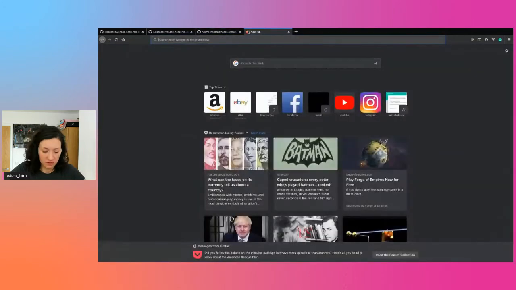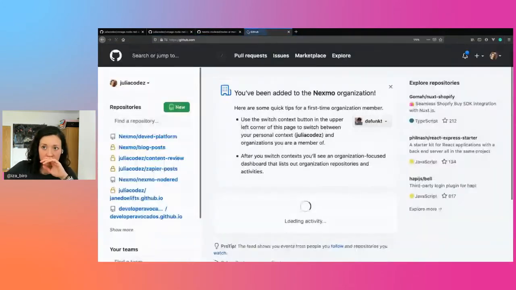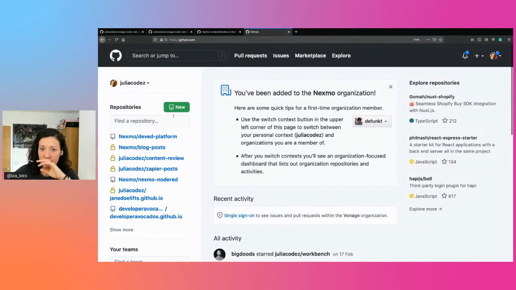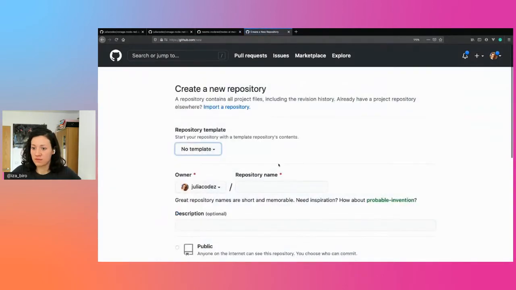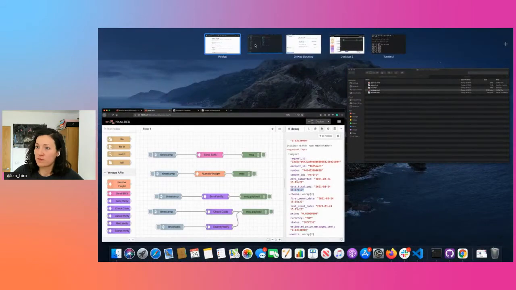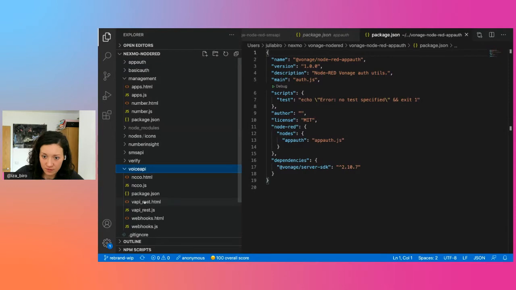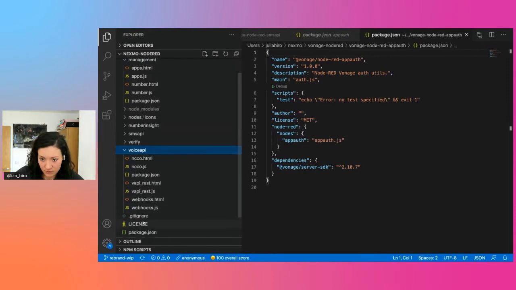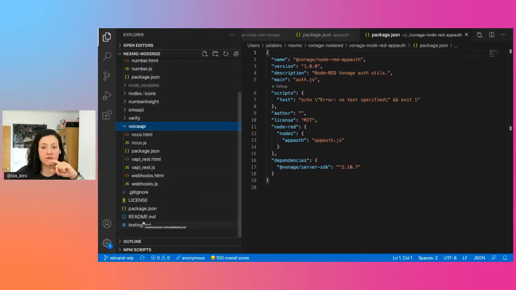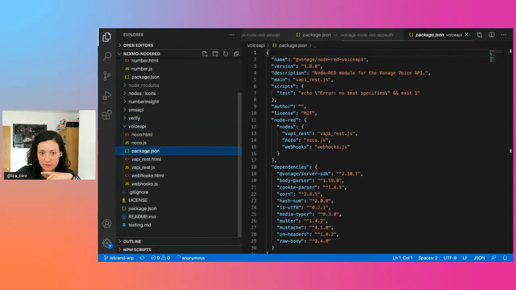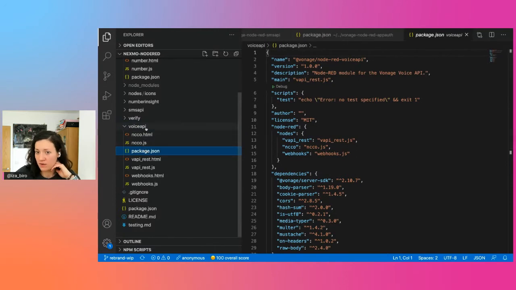And then packages. So the voice API's structure is the most similar to what we had previously as a package, because it